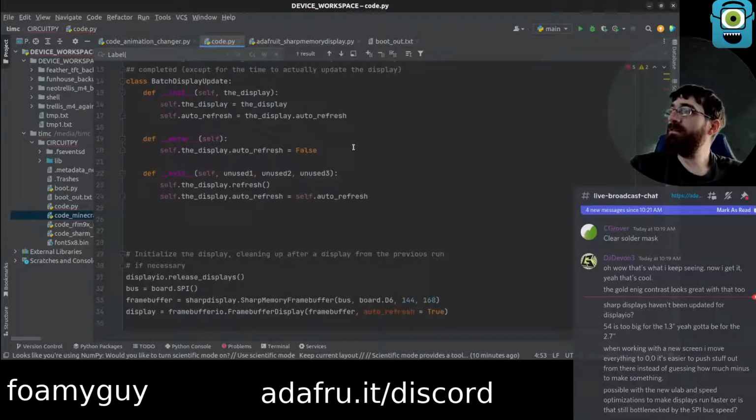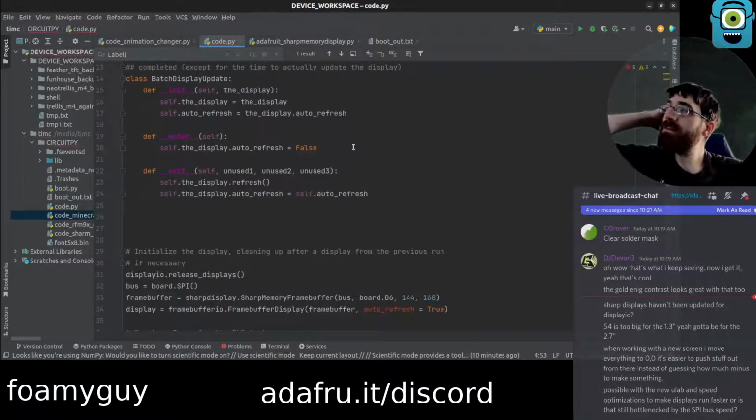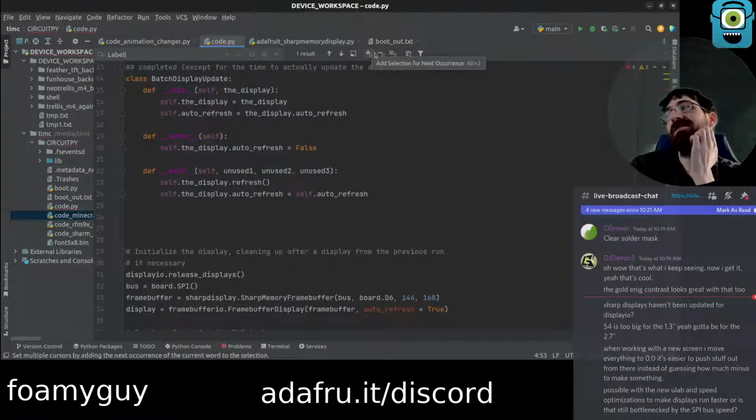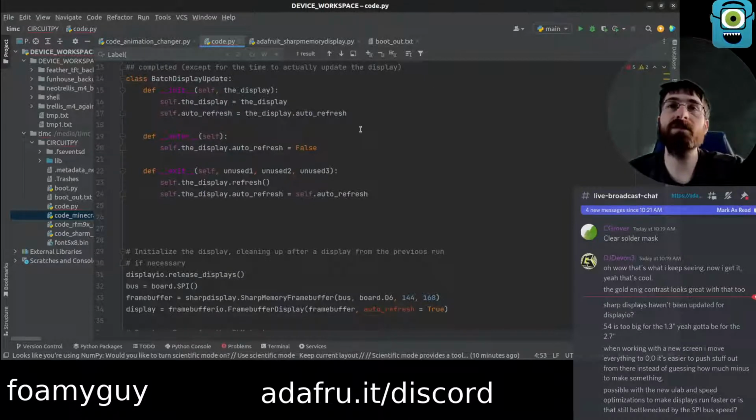Is it possible with the new microlab optimizations to make the displays run faster? Or is it still bottlenecked by the SPI bus speed? I do not know. I know Jeff was thinking about some ideas to try to speed up some portions of the display. Not sure if it involved microlab or not.